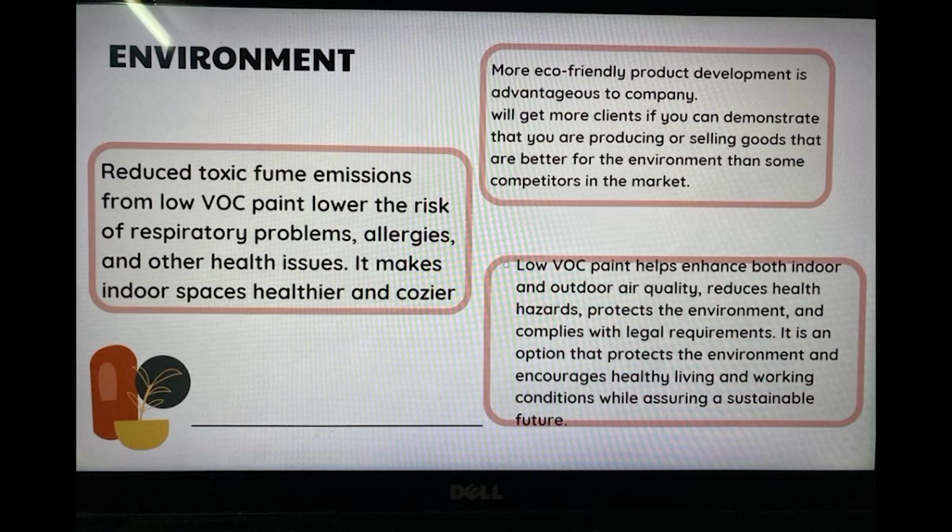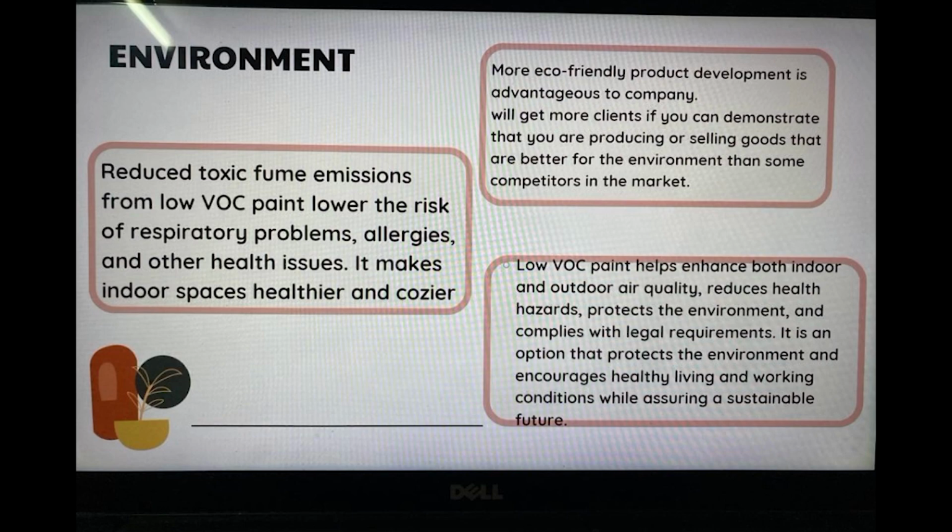The next one is that more eco-friendly product development is advantageous to the company. It is because you will get more clients if you can demonstrate that you are producing or selling goods that are better for the environment than your competitors in the market. According to a Unilever survey, a third of customers prefer to patronize businesses that are committed to social and environmental justice. And lastly, low VOC paint helps enhance both indoor and outdoor air quality,